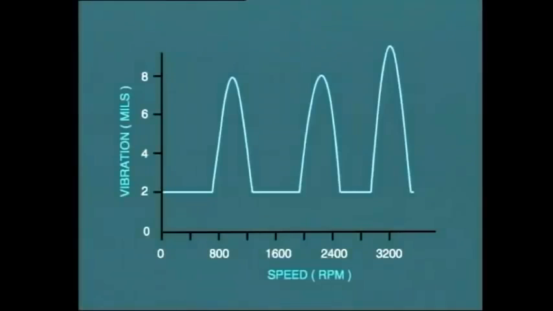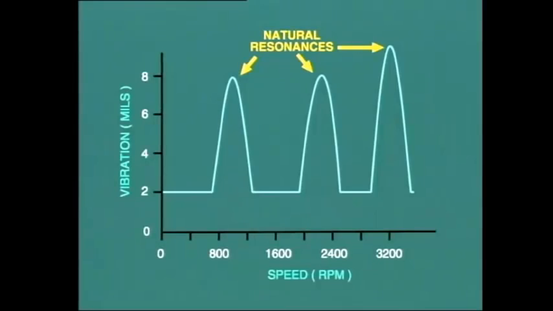During the run-up of the turbine, care must be taken to avoid as far as possible the critical speeds. Now, what do we mean by this term, critical speed? Well, this refers to a specific speed at which very high vibration occurs due to natural resonance of the turbine. If the rotor is allowed to run for any length of time, even a few minutes, at a critical speed, the vibration would be great enough to probably shatter blades and